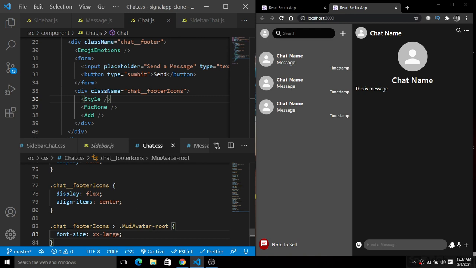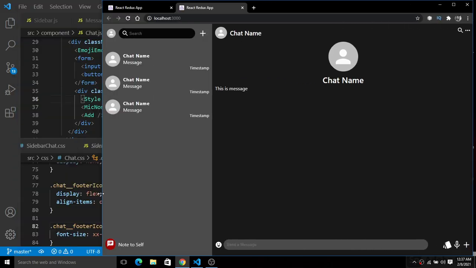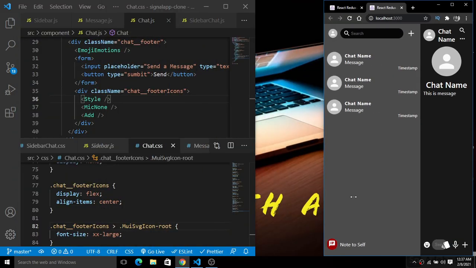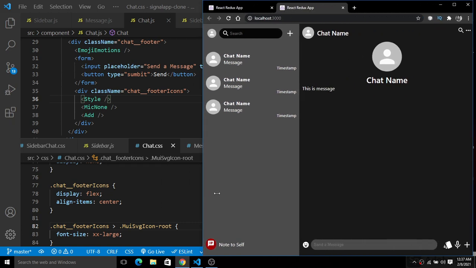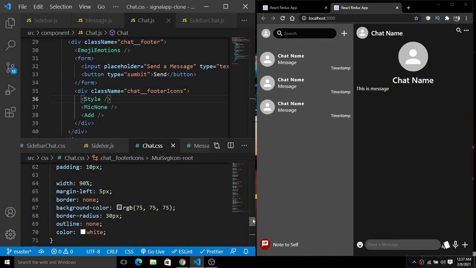Okay, not avatar root. We have MUI SVG icon root. Okay, now save this. Okay, so we will have large icons here. So now I think it is fine right now. Okay, let's give some margin to the input field.